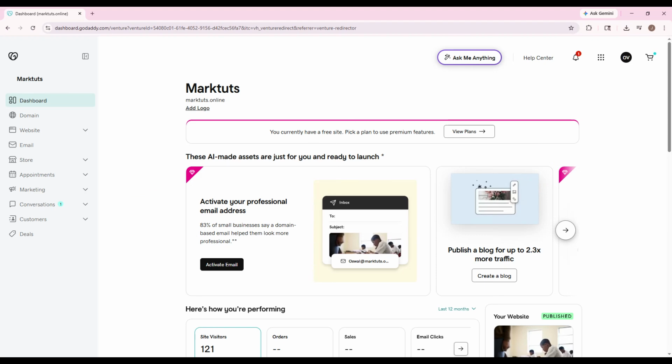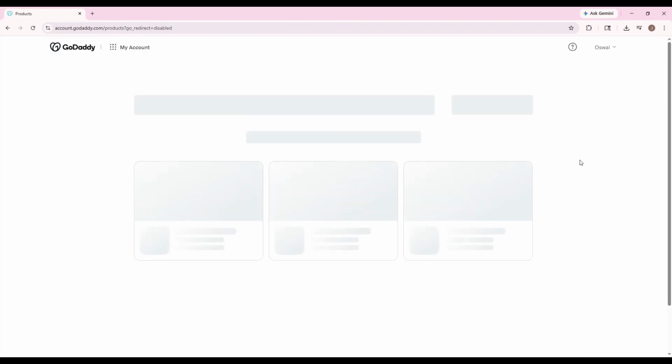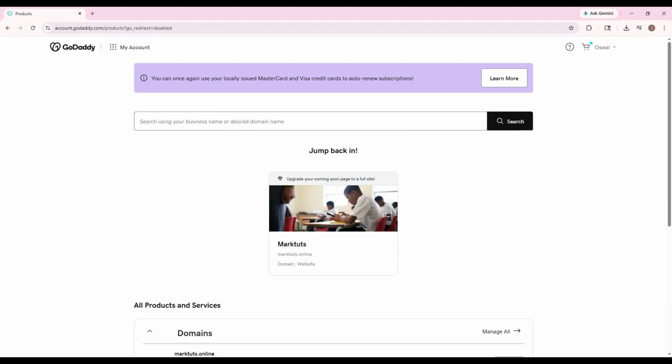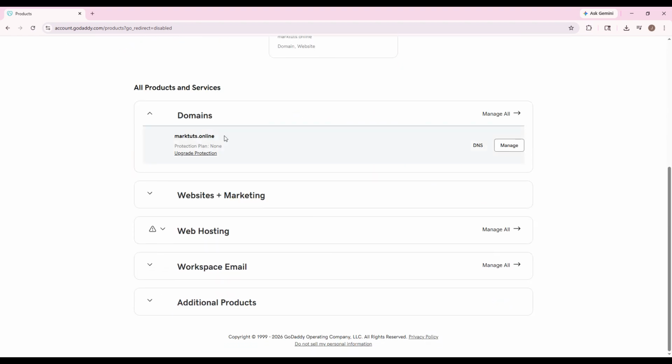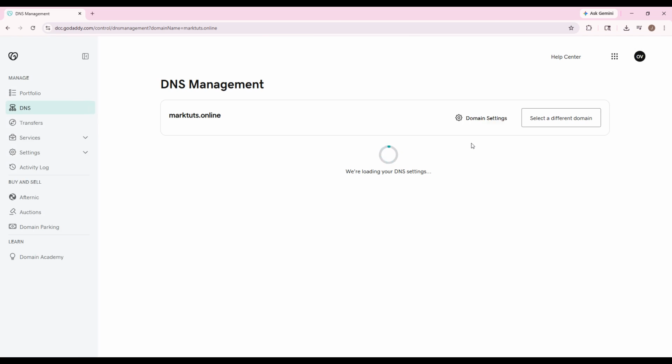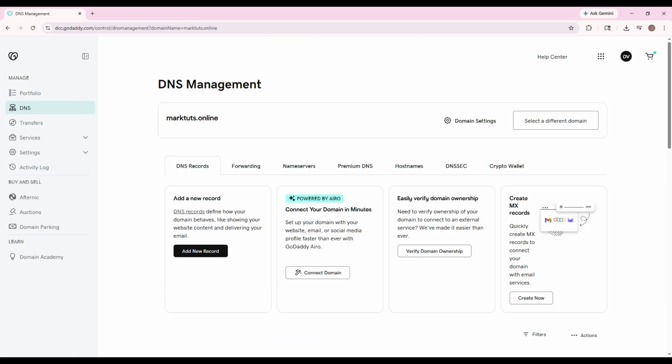All right, let's jump in. First, sign into your GoDaddy account. Once you're logged in, go to My Products. This is where all of your purchased domains and hosting products are listed. Under the Domain section, find the domain that's giving you the DNS server error, and then click DNS next to that domain. Now you're inside the DNS management area, and the first thing you want to check is your name